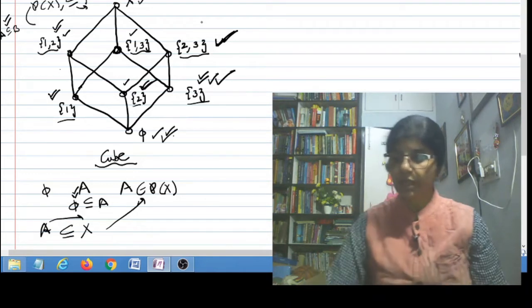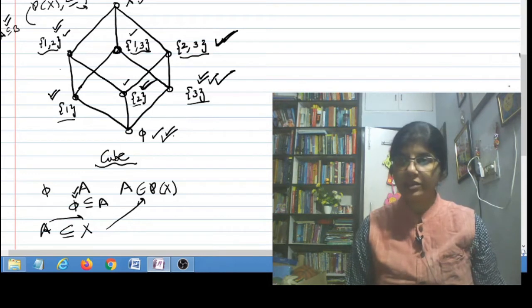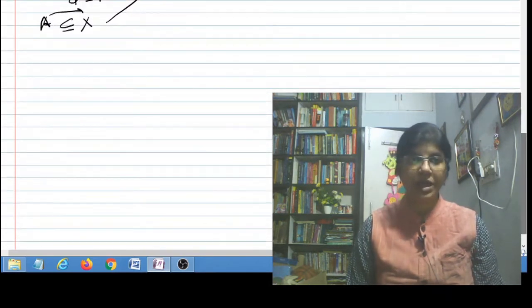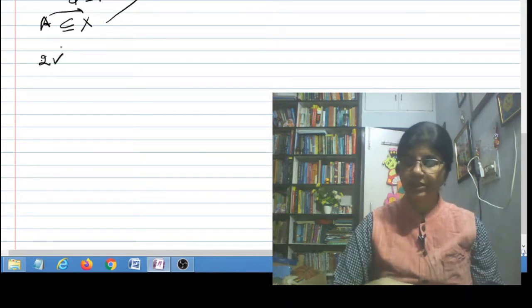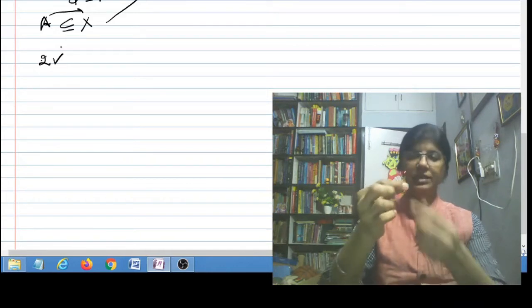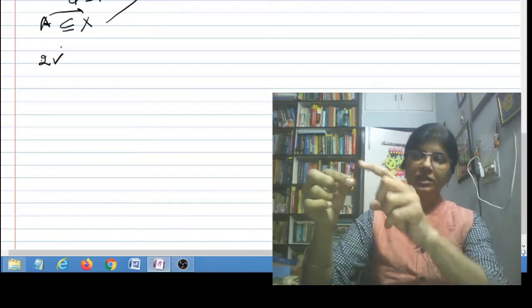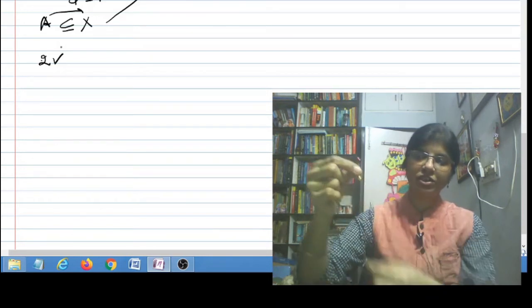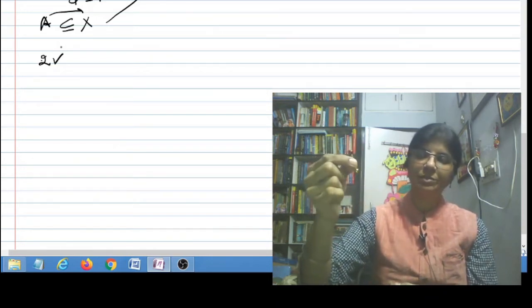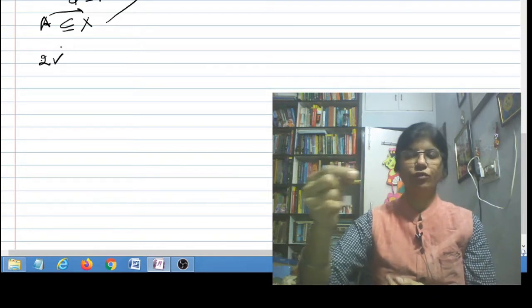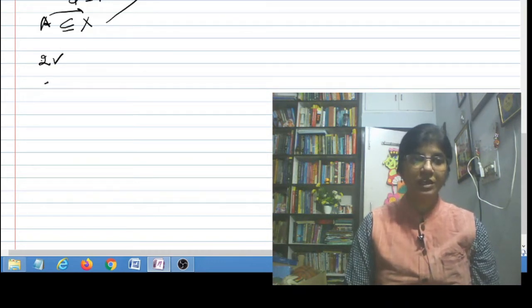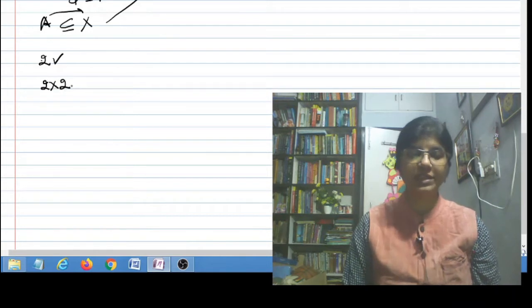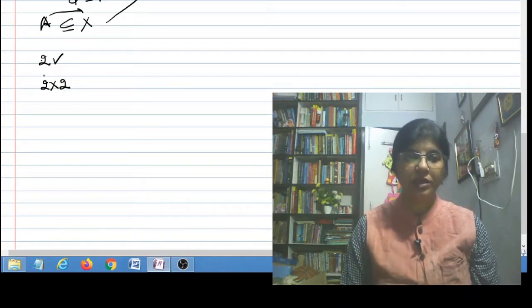Now coming to another example, this was one example. Let me consider the poset 2, which is the chain of two elements, and the chain of two elements looks something like this. These are the two elements, and this stick represents the relation between them. These are pieces of magnets which have been joined together to form a chain of two elements. And now I am interested in finding out the Hasse diagram of 2 cross 2, the product of two chains of two elements.